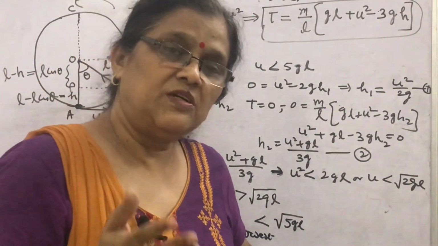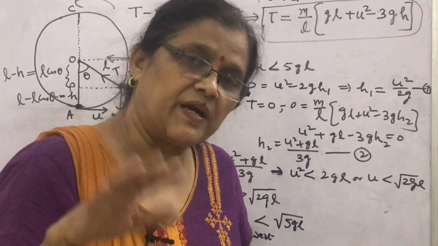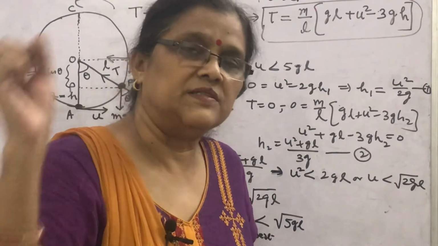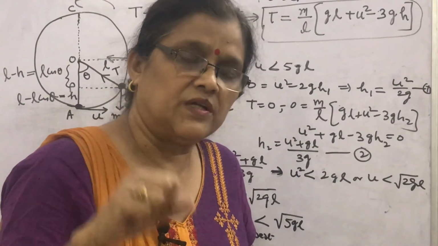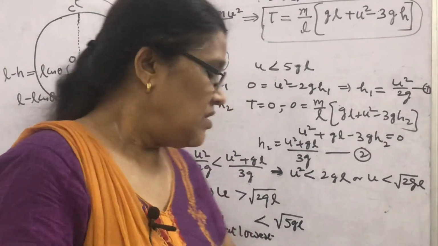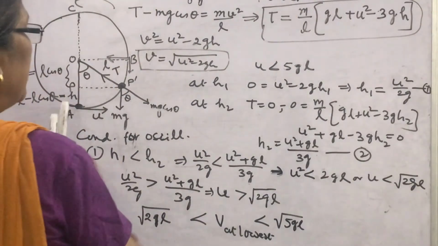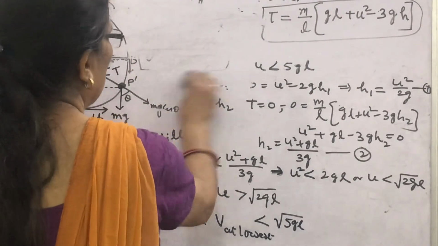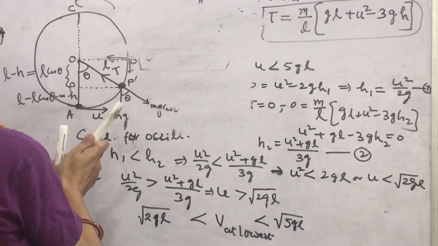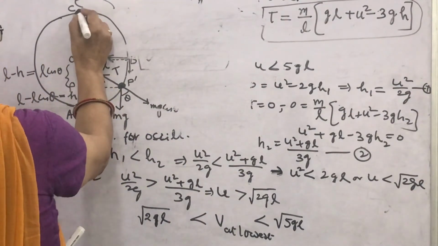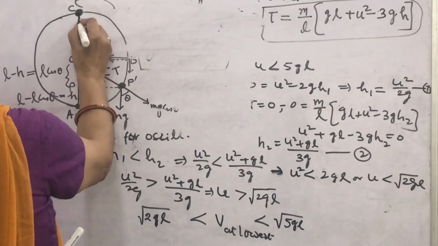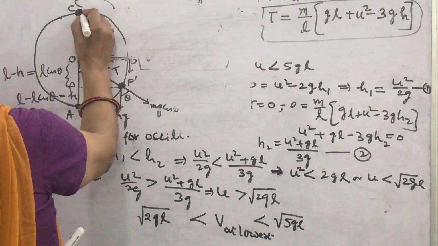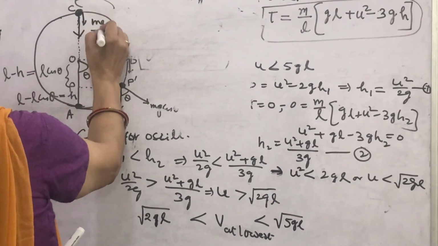Now come to the question, what I asked, that there is a bucket having some water in it and it is rotated in the vertical circle. Why doesn't the water spill? Look here, that what happens at the highest point. At the topmost point, when the object or bucket is here, then you look here that this is the tension and the weight of the object, that is also here.